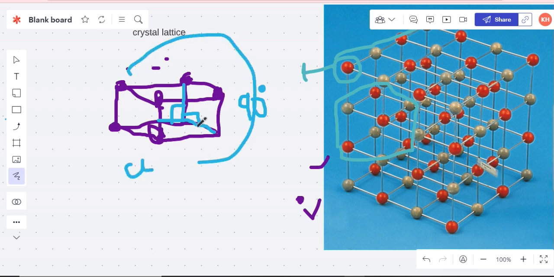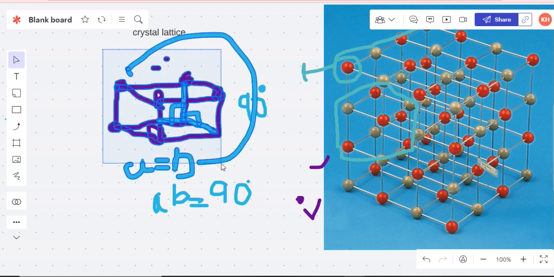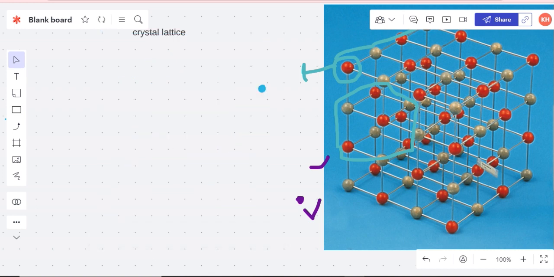For example, this is A and this is B. So A is equal to B and the angle AB is equal to 90 degrees, which means they are making an angle of 90 degrees. That we can easily see in this video, right? So let's discuss the other crystal lattice. Let's erase it. We are done with the square crystal lattice. The other one that I'm going to discuss here is the